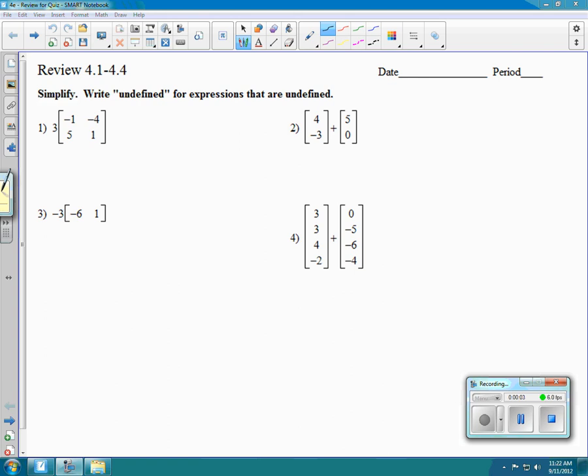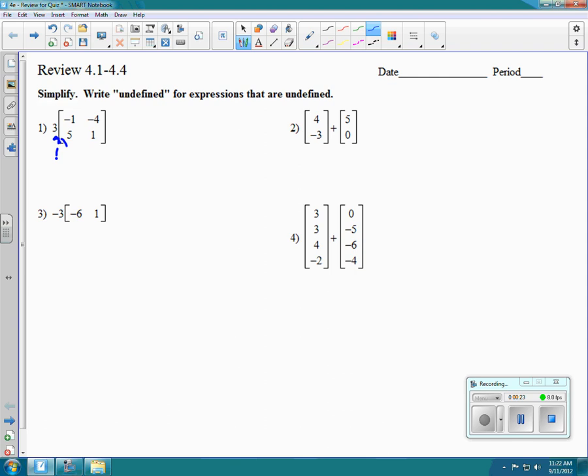Okay, so here we're going to review for our Chapter 4, 4.1 to 4.4 test. And in class, you are going to take a test just reviewing the skills that you need to perform with matrices. So number one, we want to take this number 3 and we want to multiply it by this matrix,